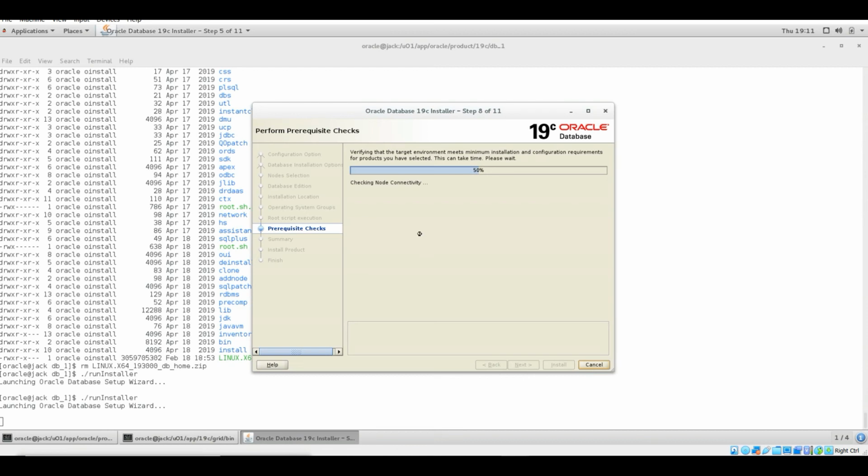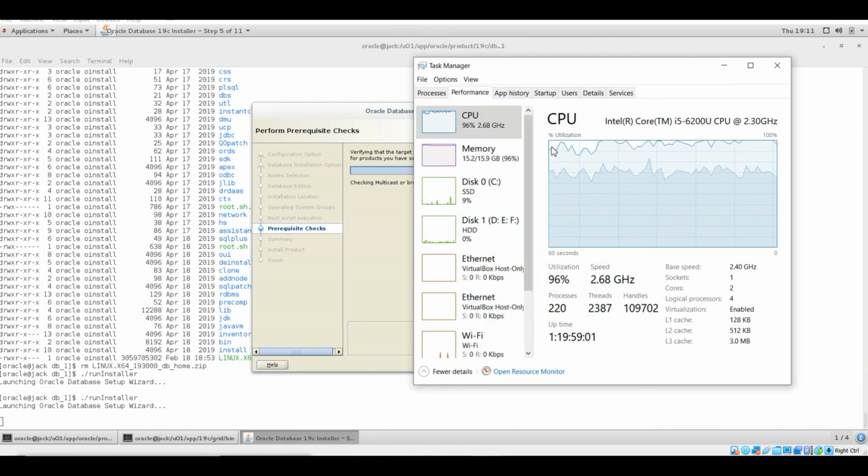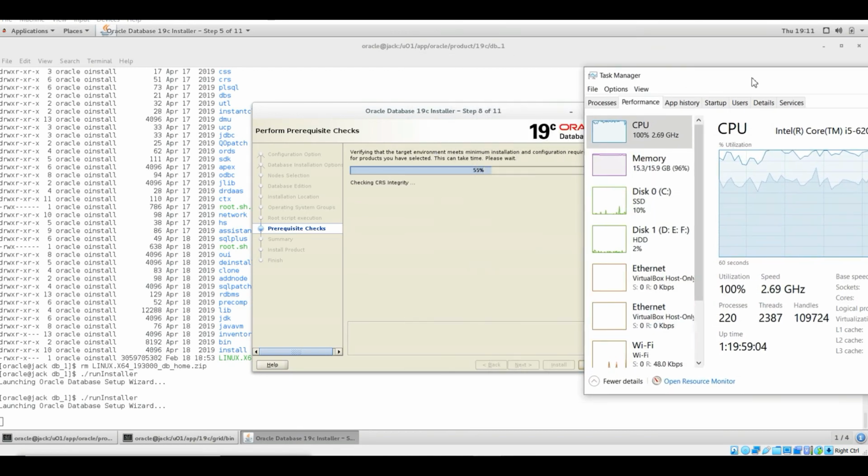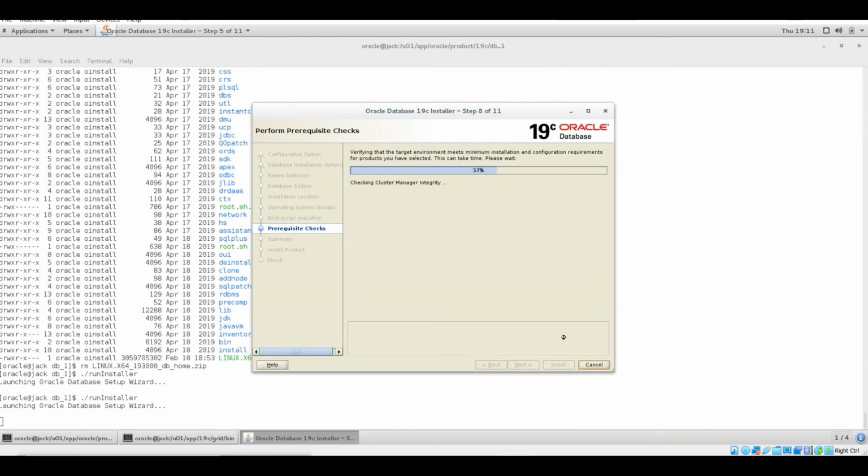Checking the node connectivity. This clock synchronization will be failing.